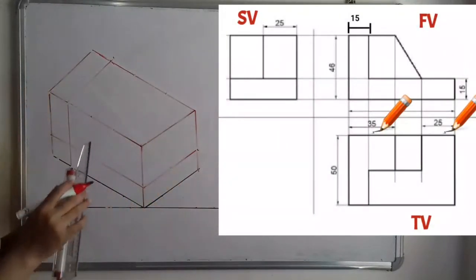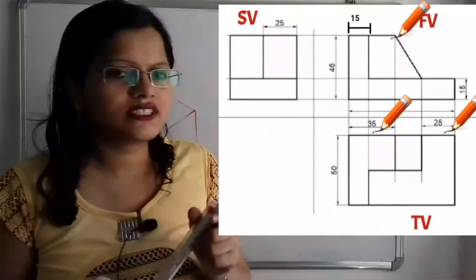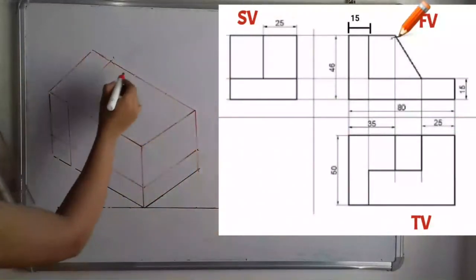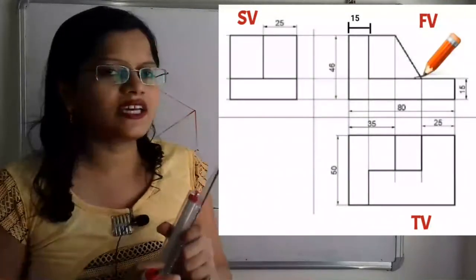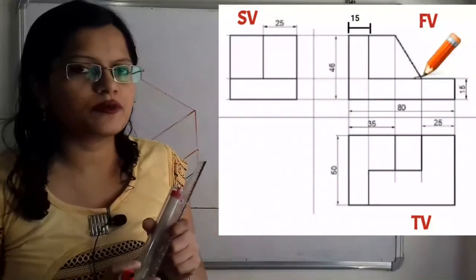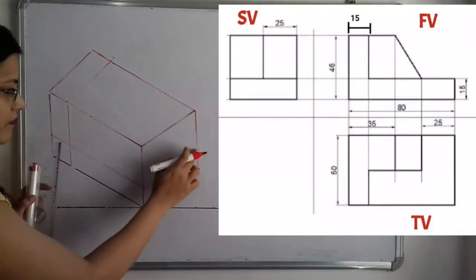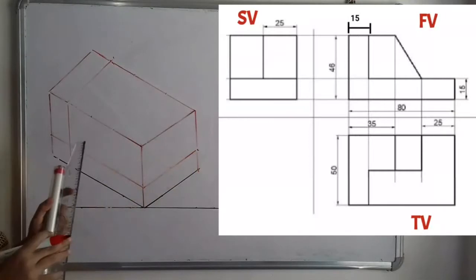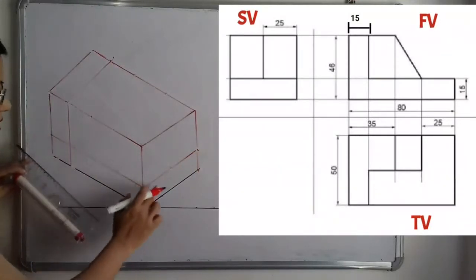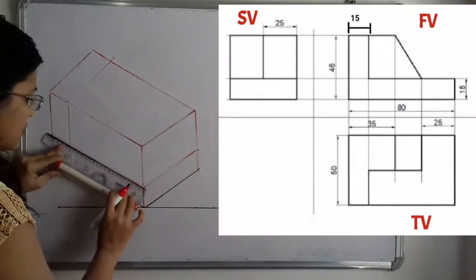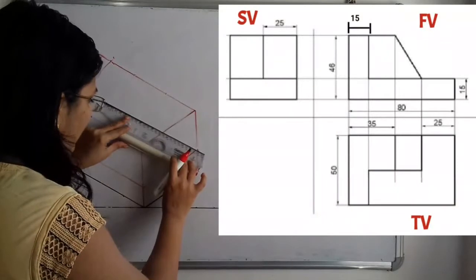But if we observe, the start point is at a height of 46 millimeter from the base. That means from this point, here is the start point of the slope, and where is the end point of the slope, that is at 15 millimeter. So along this base, there is the end of the slope. So now we will complete this base. So how to complete this? Now take the parallel line passing through this corner.